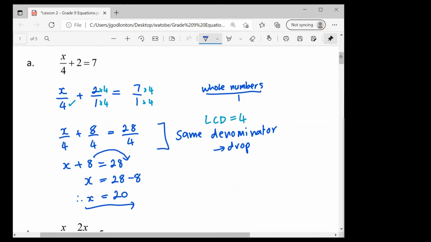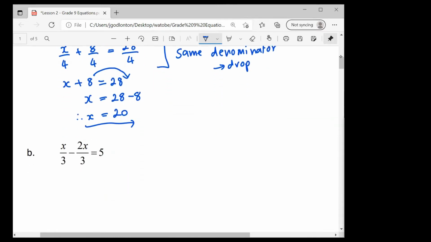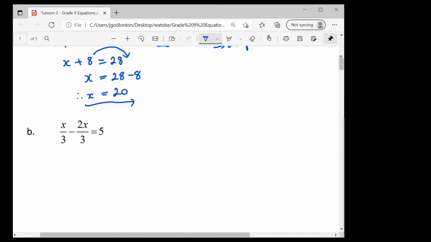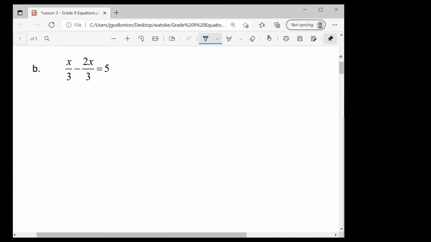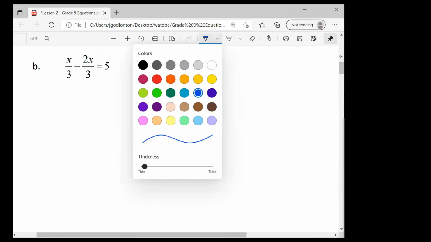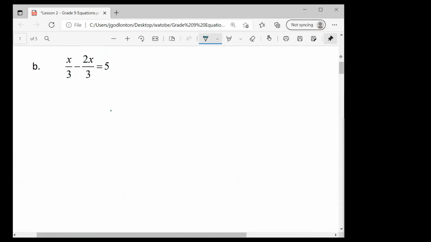So our whole goal here is to make sure that each of our terms has the same denominator before we can get rid of the denominator, and then we solve it like a normal equation. It looks really horrible, but it's actually the same as what we've been doing anyway. I'm going to put this one up here, and I would like you all to give this a try. My hint to you, or my helping hand here, is just remember to write this 5 over 1 before you get started.